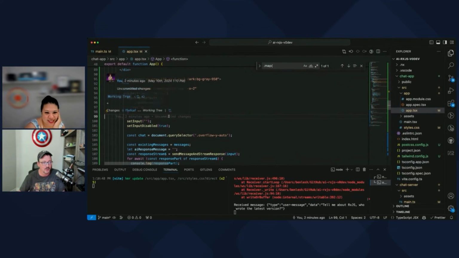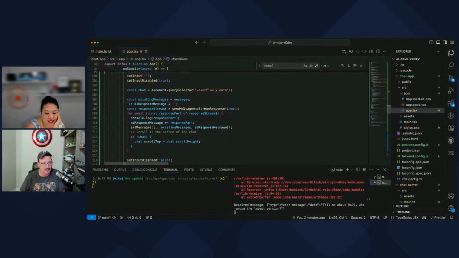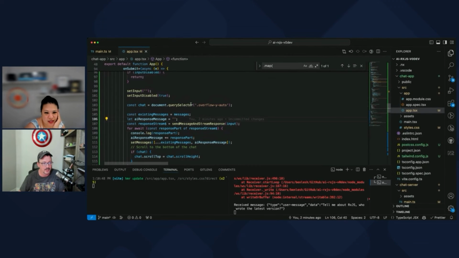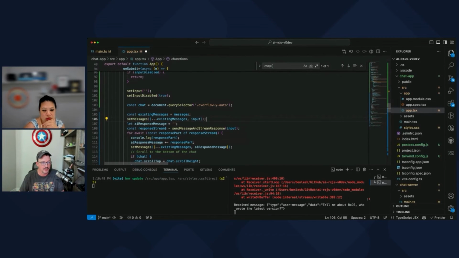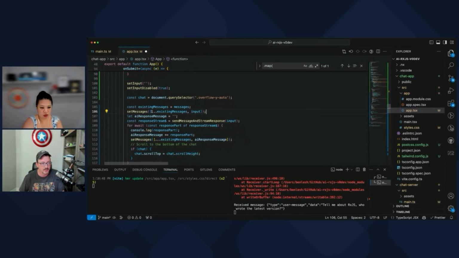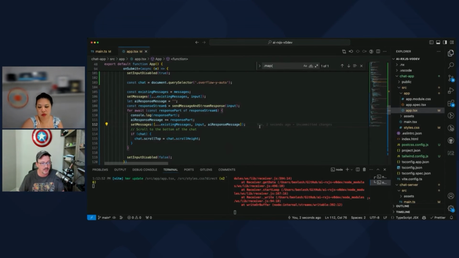So let's see. We have to take the input and the message we're about to send. Existing messages, set messages, existing messages, input. Oh, wait. And then we have to make sure that we add input every single time here too. That's fine. But now it doesn't know whether or not it's user or not.